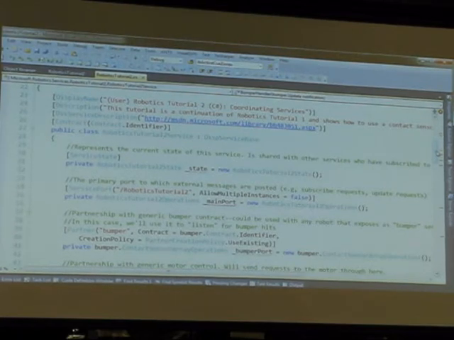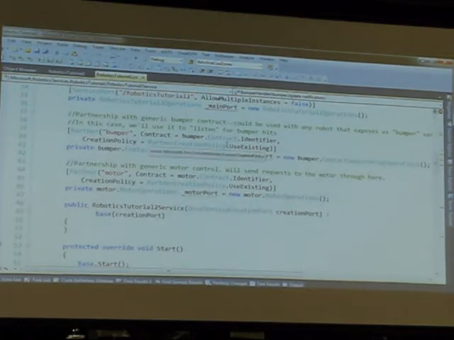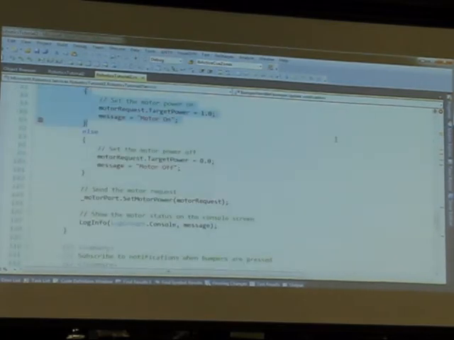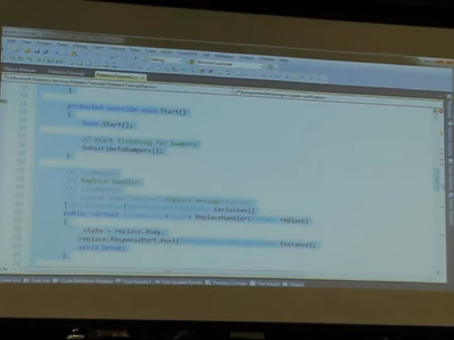And the same thing is true of the motor service here. It's one long line of text, but I'm subscribing to this motor service and saying, I'm going to send you signals to either start or stop. Again, I don't care how you do it, but I'm going to set that up here. And then we've got a bunch of other junk for setting up. And then the actual code for executing this functionality. So we've got a start method. Everything starts with the start method.